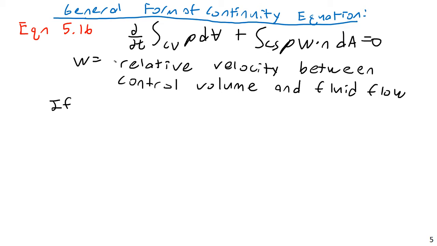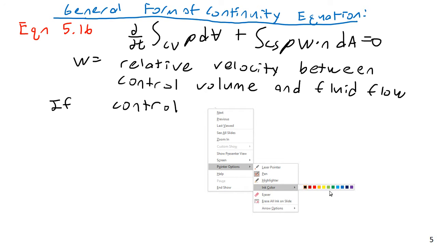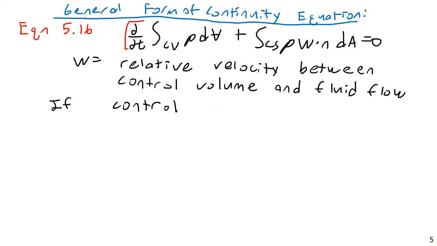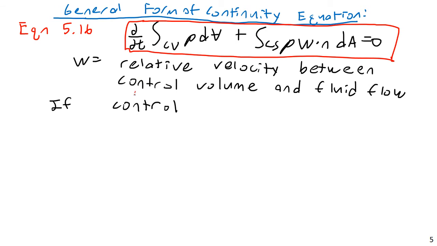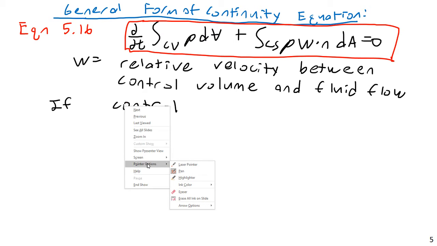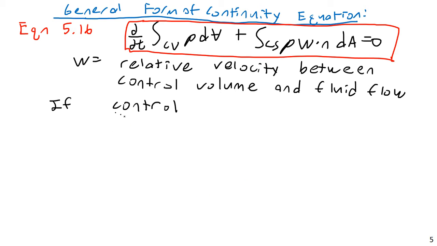So basically what we can say here is that this is the general case, and let's consider two specific cases. Actually, let me put a big red box around this to show how important this equation is. I like putting big red boxes around important things. Okay, so then if the control volume does not deform,